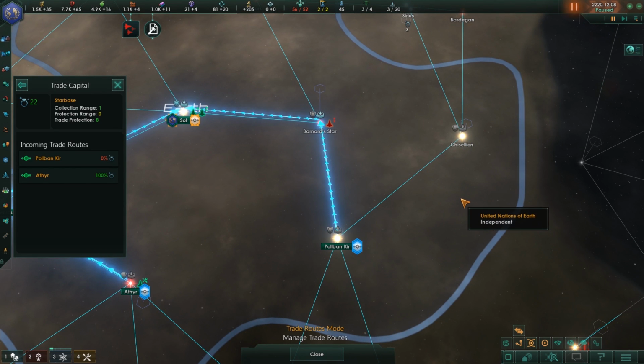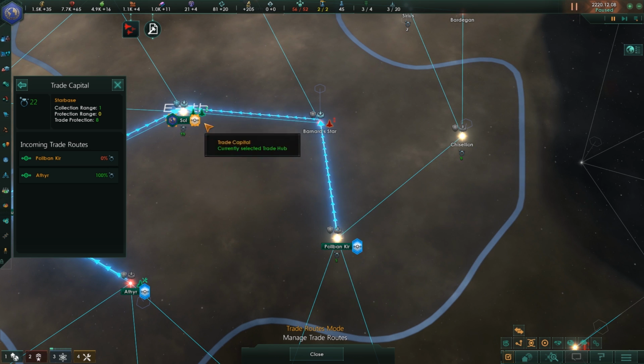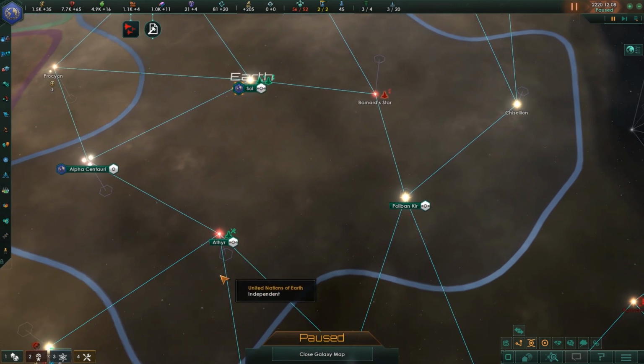If we hit the Alt key on our keyboard, we can see that this particular station is getting 14 trade value back to Sol, which is of course something we don't want to lose, and one from our planet,